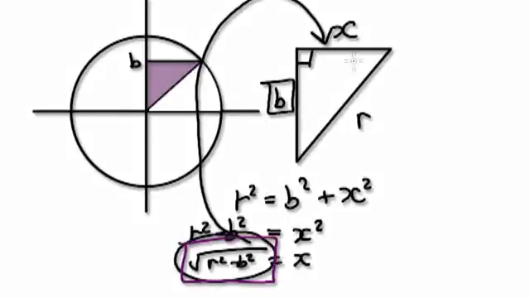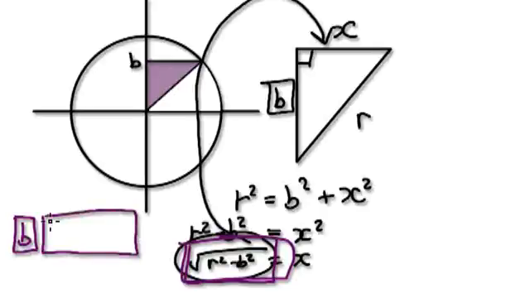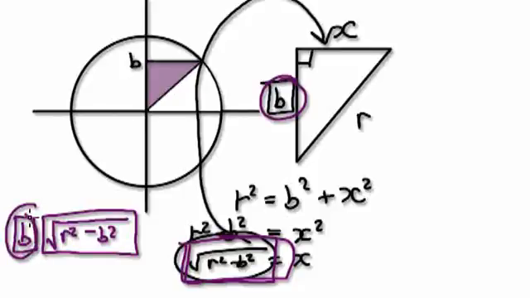So b is like one block, and this here is another block here. So we would get b as being one block, and then timesing this block here. Then we've got to times it with the square root of r squared minus b squared. So b times this, which is this here, that will then give us